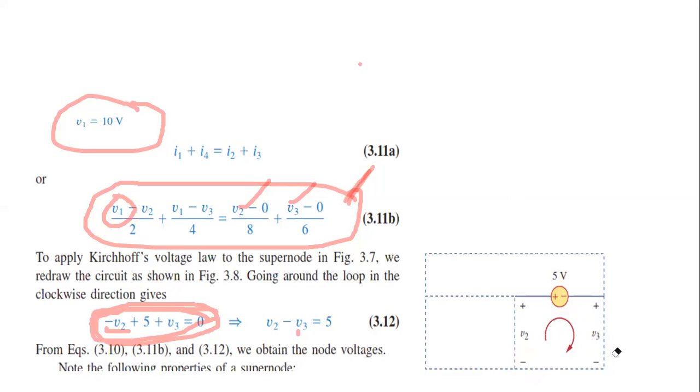Okay, V2 is there, V3 is there. Remove the resistance. We have removed the resistance here. We are not writing the resistance. Resistance is not important. Voltage is important. Voltage we know. Here the voltage is V2. Here the voltage is V3.